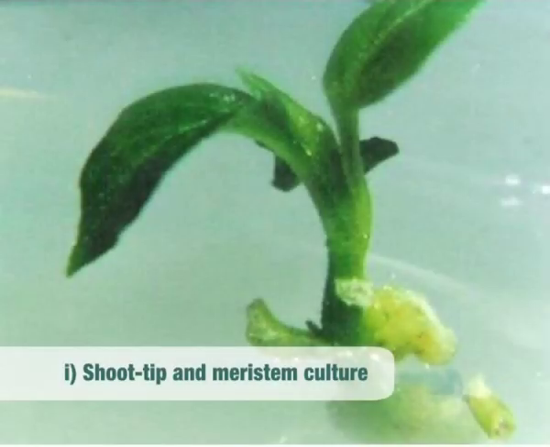The first type is the shoot tip and meristem culture. Shoot tip culture is the culture of the terminal portion of a shoot, about 0.1 to 1 millimeter, comprising the meristem, which forms about 0.05 to 0.1 mm, together with leaf primordia and adjacent stem tissues, while meristem culture is the in vitro culture of generally